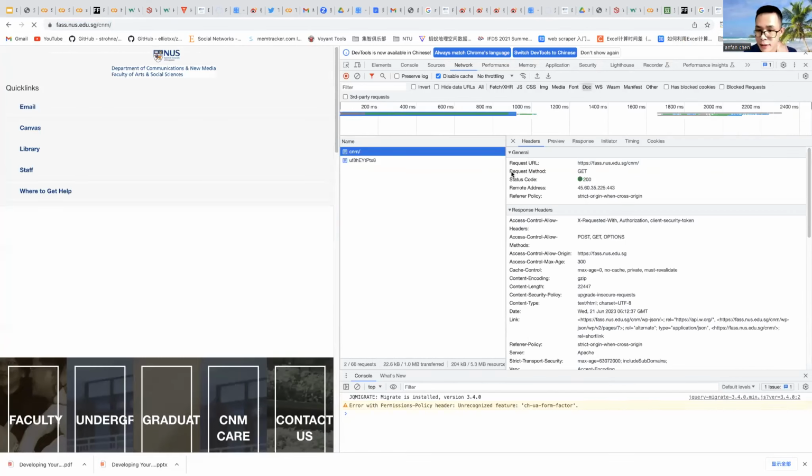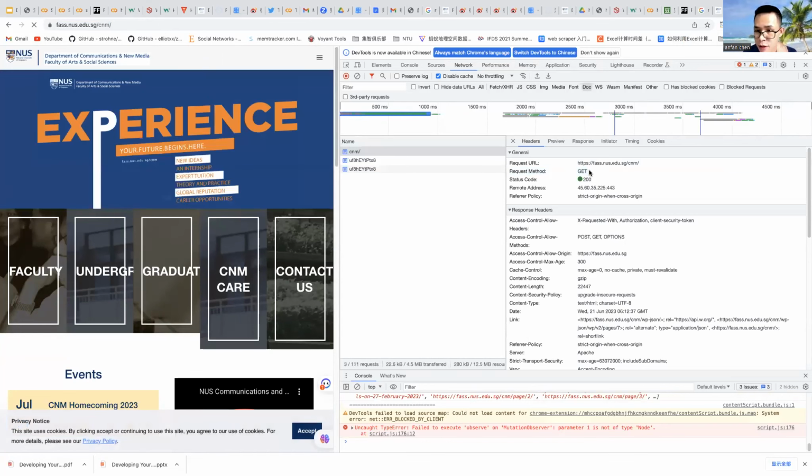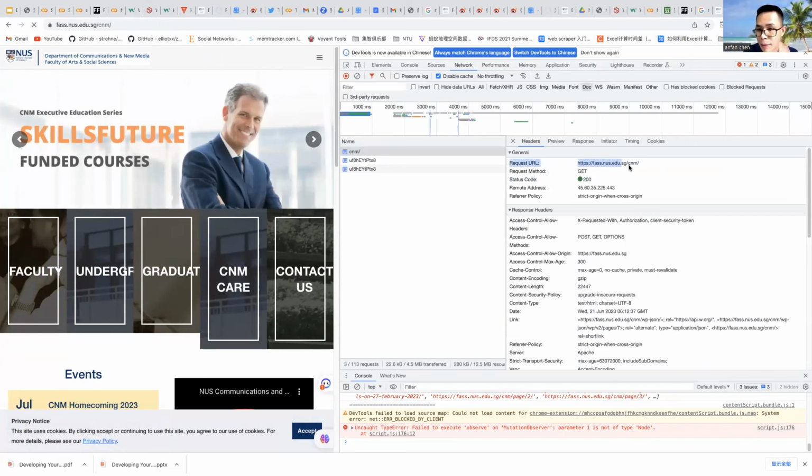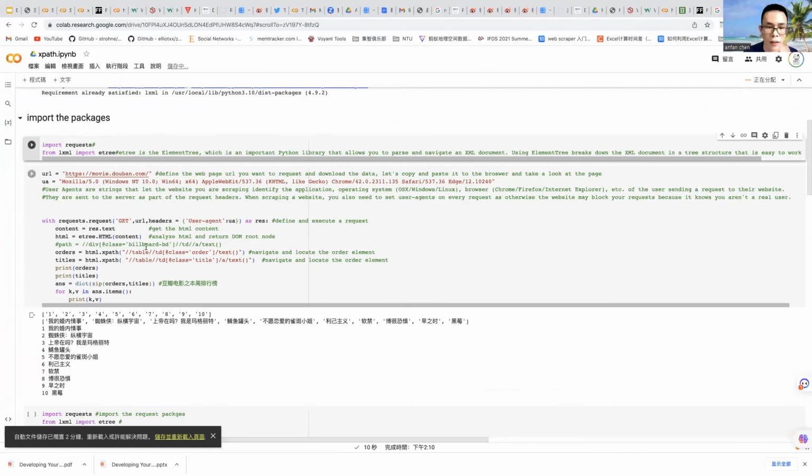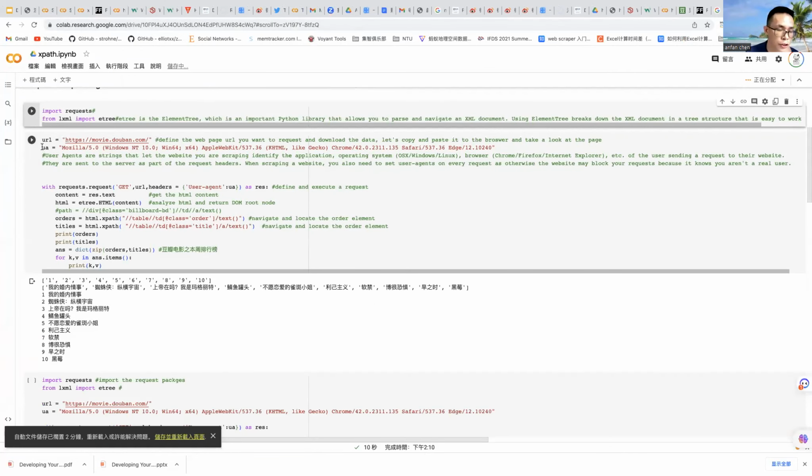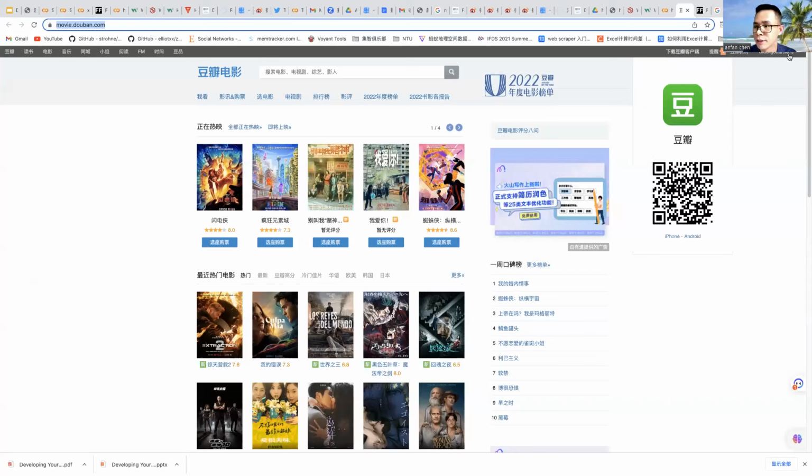The method is GET, requesting the content from the website, and the status code is a successful 200, from the URL of CNN and NUS. Okay, so you should define the UA. How can you get the UA? I can tell you the steps.